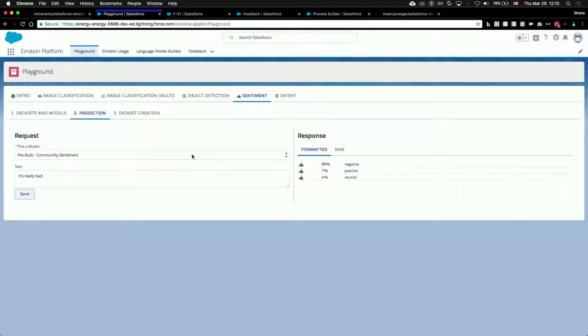Yeah, good question. Have you had any experience using this with emails? I know you'd probably have to parse out a lot of email thread text to get the actual initial email. Have you worked with that? What I did originally when I built this was email to case, where the email body becomes the case description, and the subject of the email becomes the case subject. So I was like, what if I concatenate the subject and the description field from the case and take that as a blob of text? What can I predict off of that?